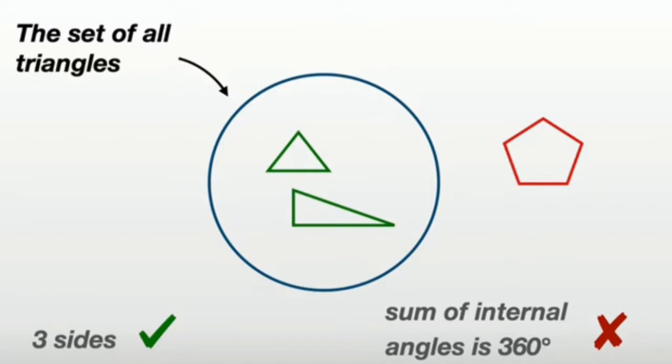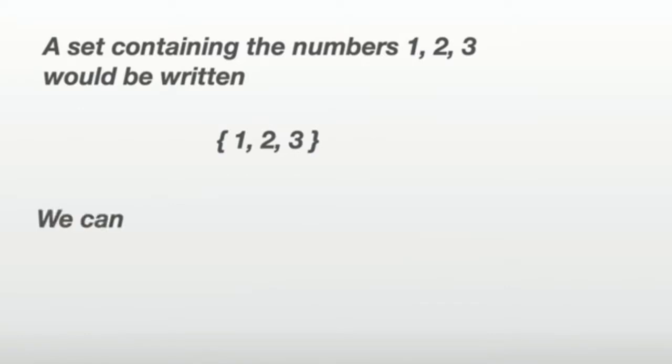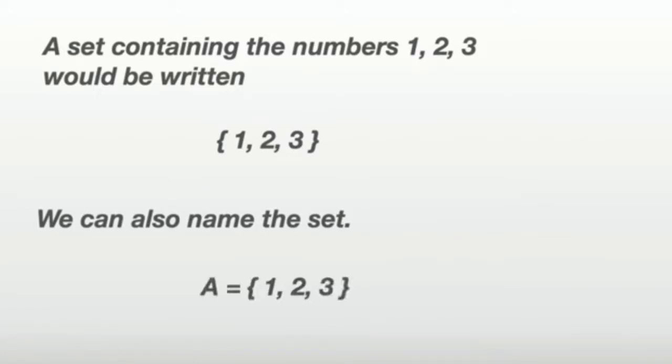A set containing the numbers 1, 2 and 3 would be written like this, with curly brackets and the elements separated by commas. We can name the set. In this case, if we say A is equal to the set 1, 2 and 3, we can just refer to the set as A, which is much easier than saying the set containing 1, 2 and 3 again and